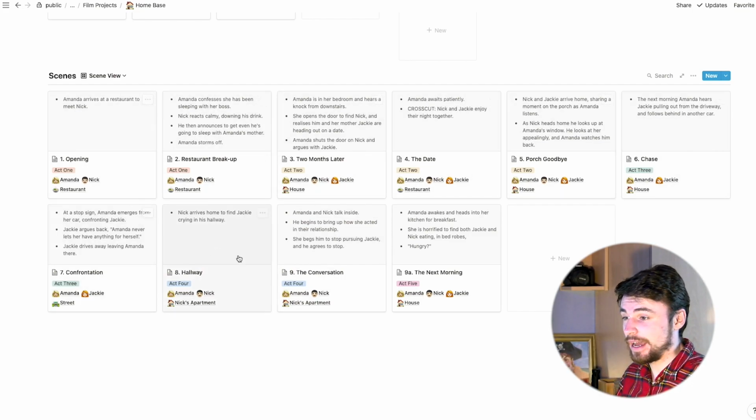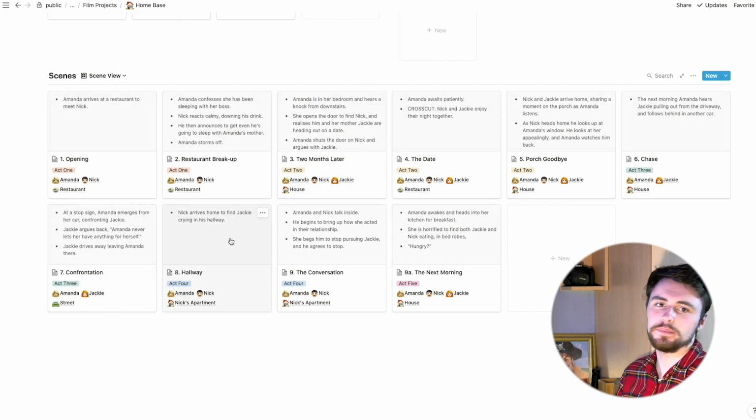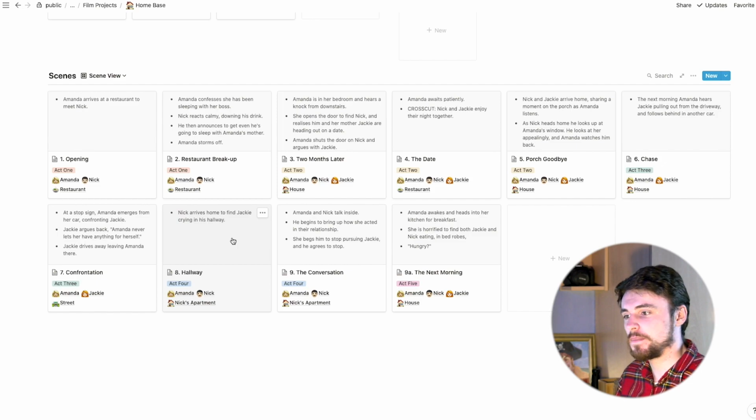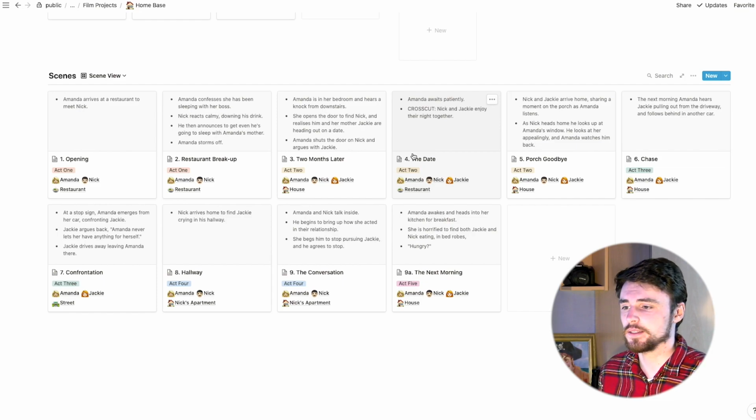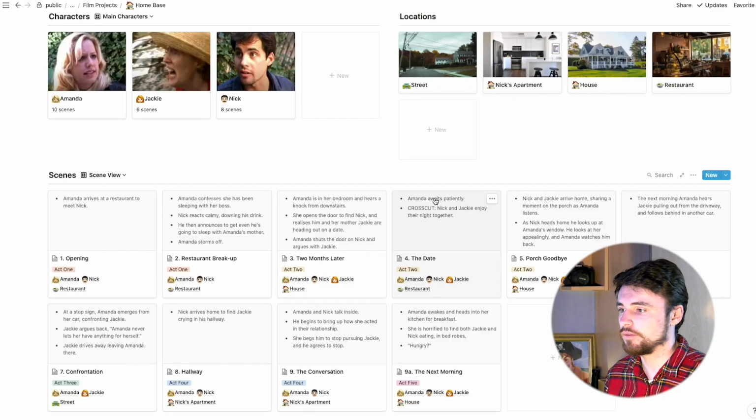Because what I basically have here is index cards, which if you go into any screenwriting thing, everyone loves index cards. And index cards are great, but for me, the best digital version of index cards, I think, is this format on Notion. I know a bunch of screenwriting programs have tried to build in their own version of index cards. I know Celtx definitely has one, but I found they're all really awkward, and I just love the way you can have relations between.